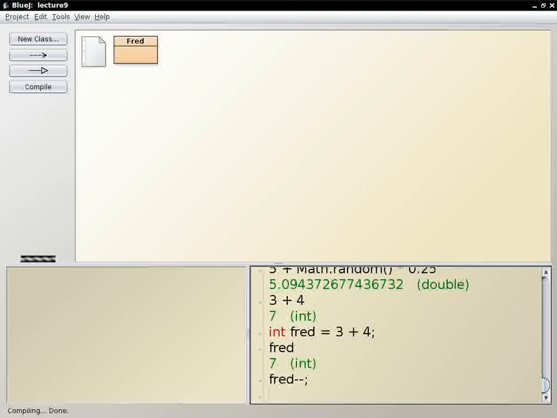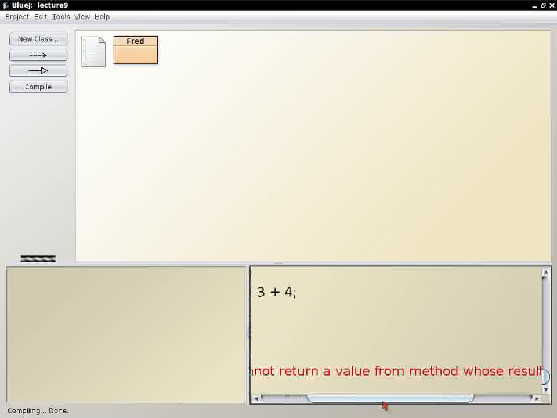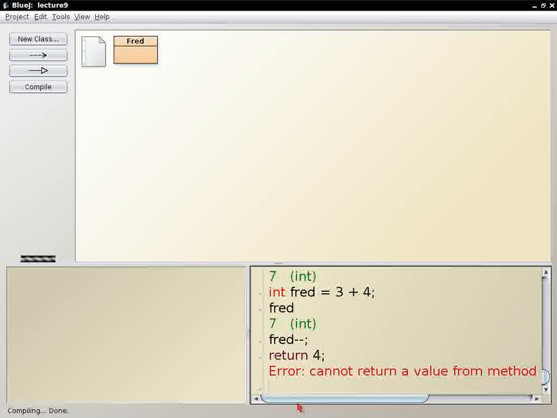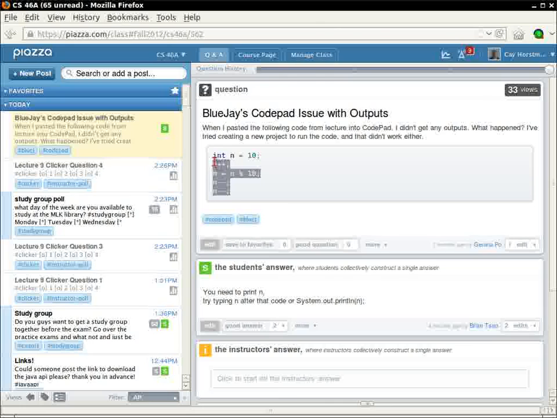I couldn't use a return in here. If I tried to do return 4, then it would say I'm not really inside a method. I'm just in the code pad, and so there's nothing you can return from here. The message is a little bit confusing here. Apparently it considers the code pad as having a return type void. So that means if you wanted to have a sequence of steps like this one here,